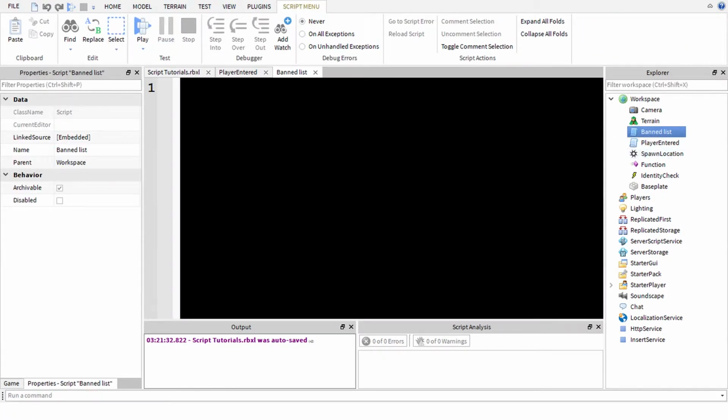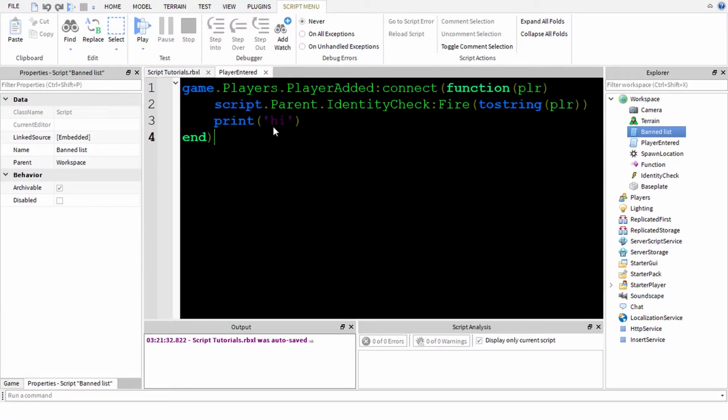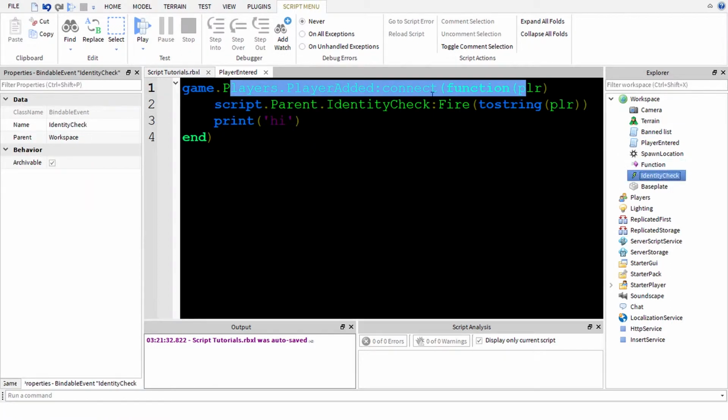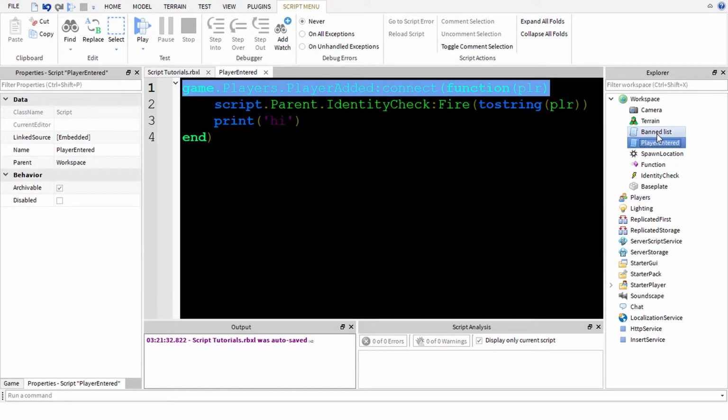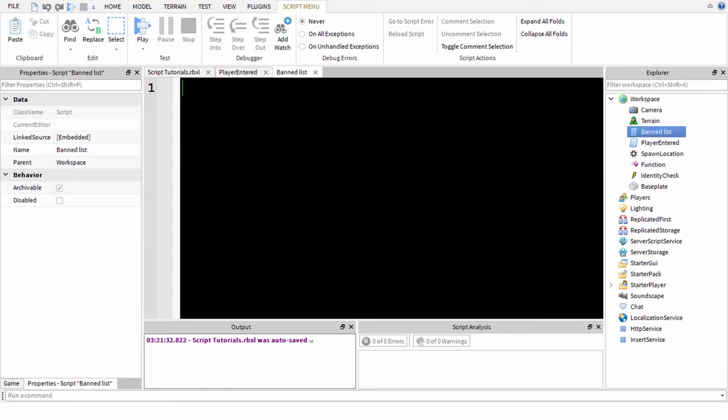We have the script, which is empty now. I made this thing so that when a player enters the game, of course it's a bit useless because you don't need bindable events or functions for it, but I wanted to ban players, and for some reason it got deleted. So let's just make a new one. Ban